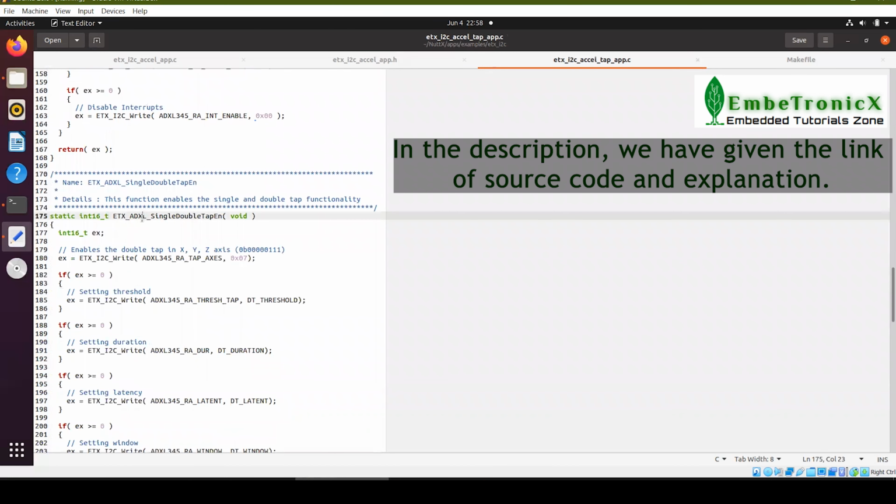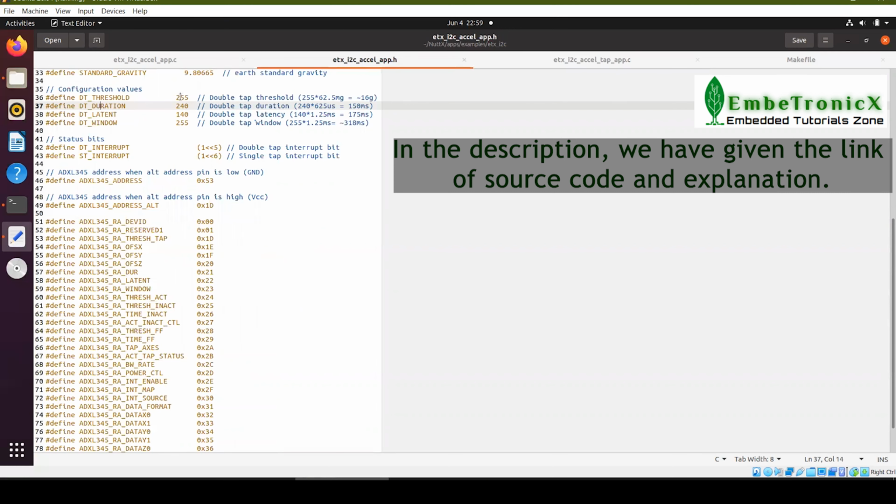The ADXL345 single double tap enable function enables the single tap and double tap functionalities. In the first step, we are enabling the tap detection in the XYZ axis. Then setting the tap threshold to 16 g, by giving the value of 255. One increment in value adds 62.5 mg.